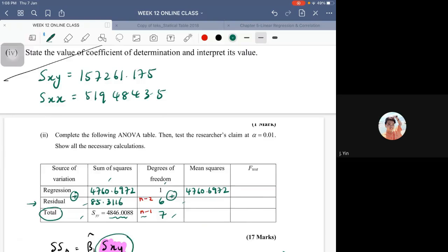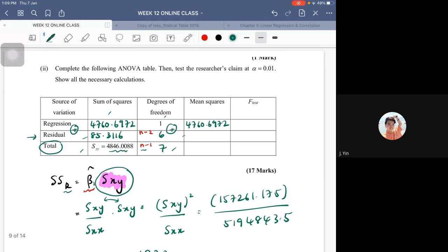Okay. All right. So has anyone got the value for the mean square residual? All you have to do is take the sum square divided by degree of freedom. What's the value for that? 14.2186. Okay, it's going to be 14.2186. So that is going to be our mean square. And in order to get the F-test, all we have to do is take the mean square at the top, divide by the mean square at the bottom. You will get a value of